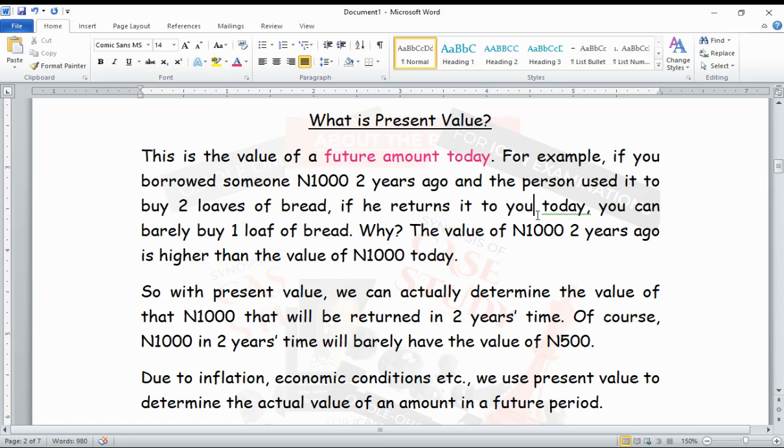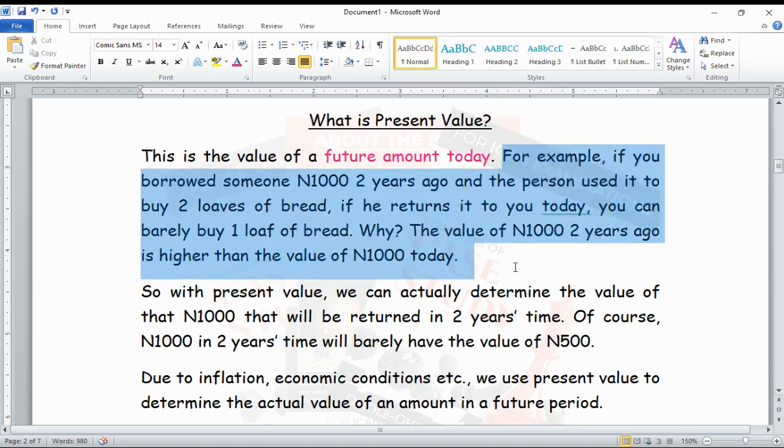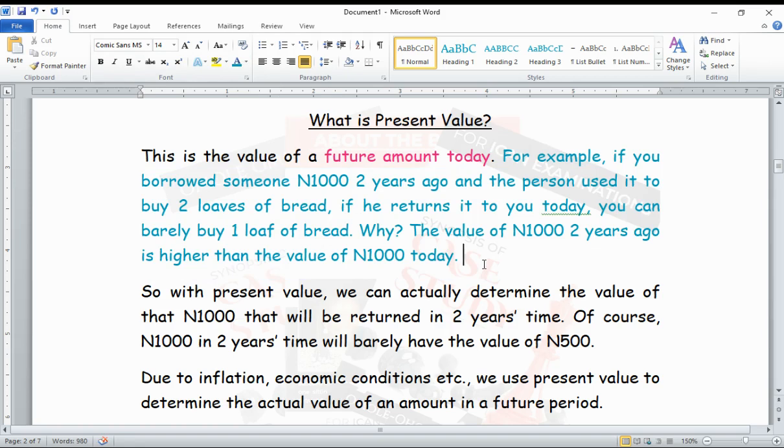So present value gives us the value of a future amount today, in the present day that we are living in. Now I'll give an example. For instance, if you lent someone 1,000 naira 2 years ago, and the person used it to buy two loaves of bread, if he returns it to you today, you can barely buy one loaf of bread. Why? Because the value of 1,000 naira 2 years ago is higher than the value of 1,000 naira